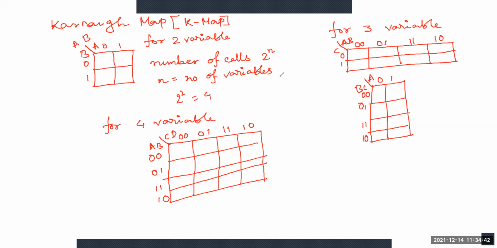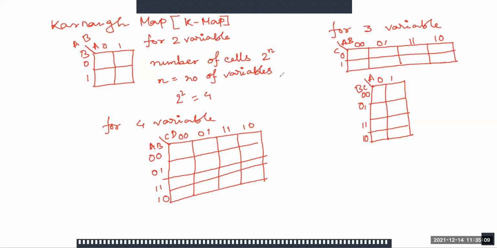Now there are some rules for K-map simplification. So what are the rules? First of all, you already know the SOP and POS concept, and after seeing any expression, we can easily conclude whether it is in SOP or POS form.